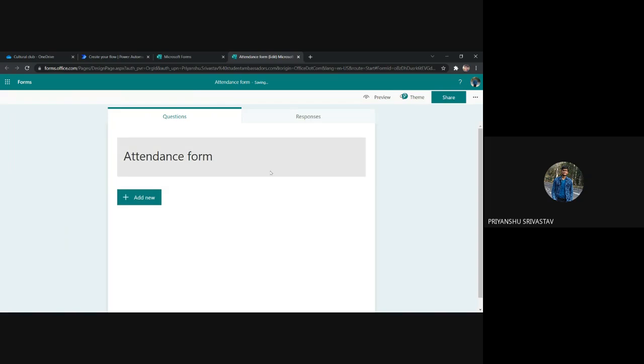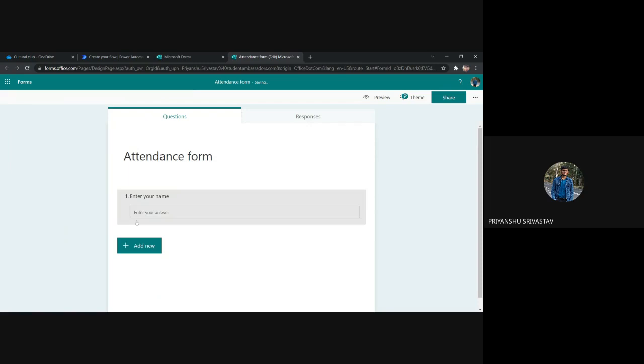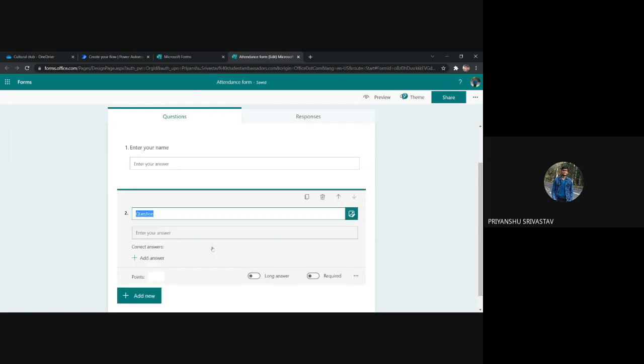This is the heading of the form, and let's click here and then choose text. Enter your name. It will ask for the name of the participant, and then we have to ask for the email ID of the participant, where we have to mail the certificate. So, enter your email.